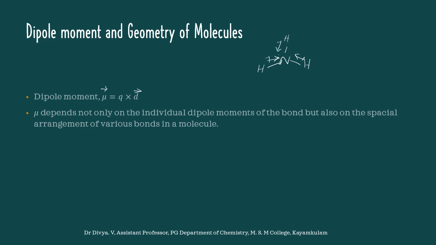Okay, so inside this, what does each bond have? There is polarity. Okay, so dipole moment depends not only on the individual dipole moments of the bond but also on the spatial arrangement of various bonds in a molecule. We know that in the case of ammonia it is pyramidal in nature, but in the case